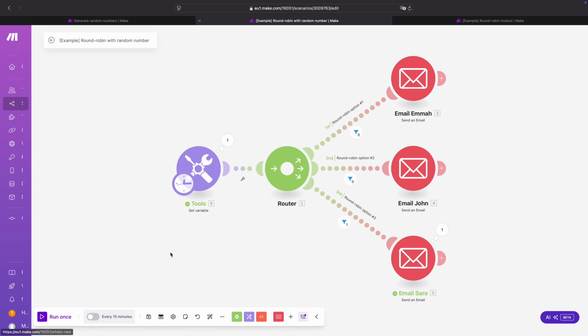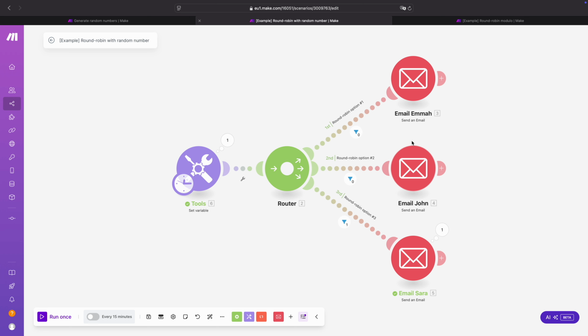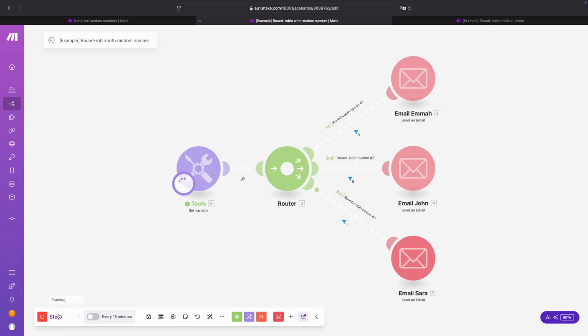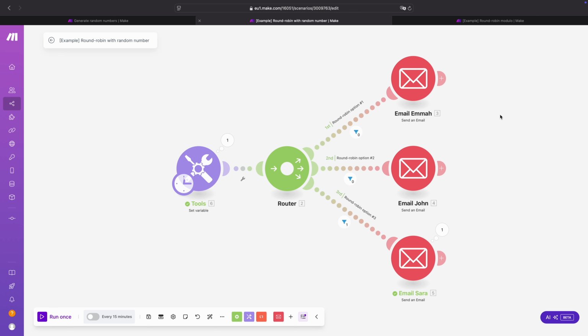It's purely random. So for some use cases, this is really great. If it's not really about people, and you just want to test, for example, an A/B test of some kind of process, then this is great. But if you truly want it to divide evenly, you don't want the number to be random. You want the first number to be 1, then 2, then 3, then 4, then 5, then 6.